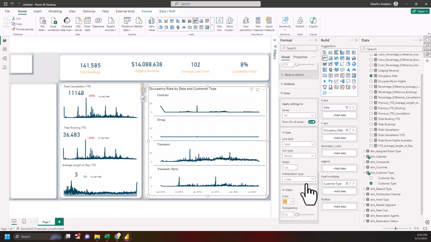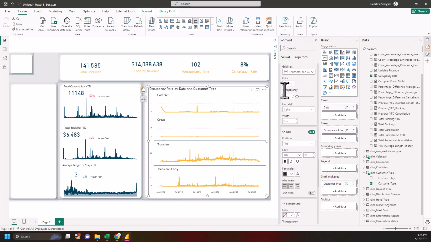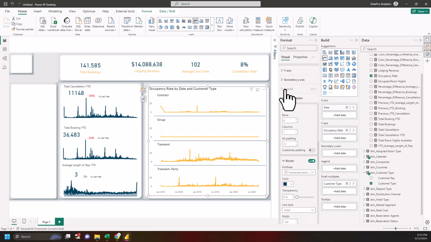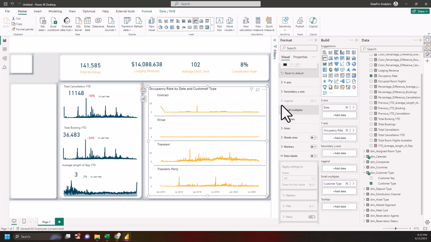I'm going to be using this yellow. Okay, for the title, let's reduce the